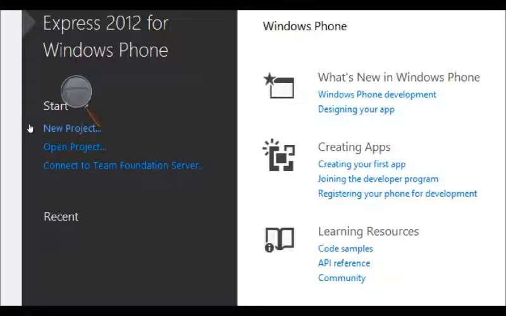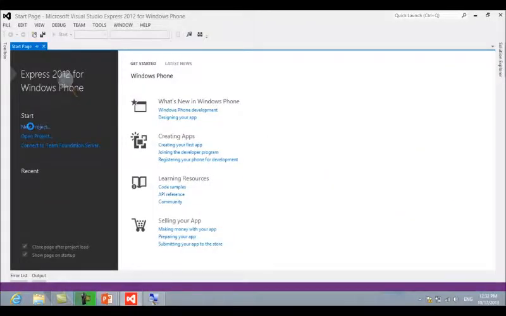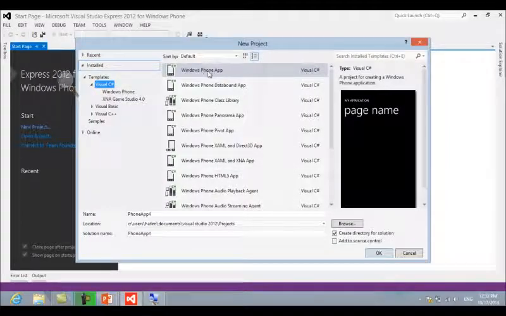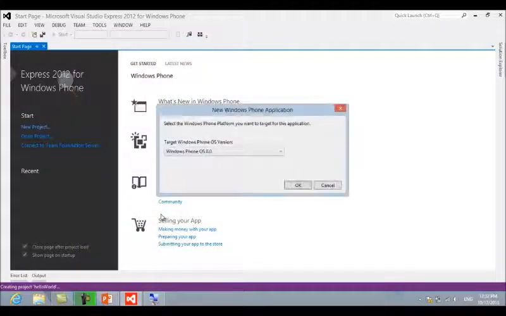If you're starting a new application, you can start with the new project, or if you want to open an application, you can open an existing application which you made last time. This introduction we have seen in the last session, so we'll skip this and start directly with a new application, a Windows Phone app, and change the name to Hello World. As you know, whenever we start learning a new technology or a new language in computer terms, we start with a basic Hello World application which gives us a hold on building that application. So I just click on OK.